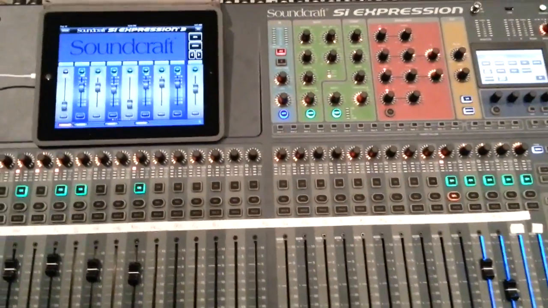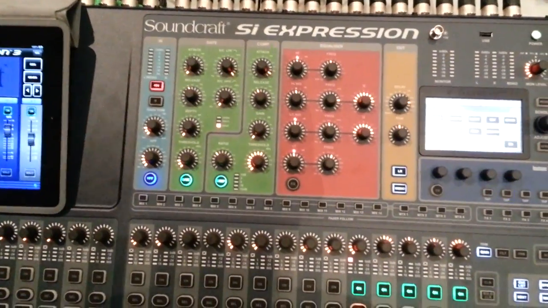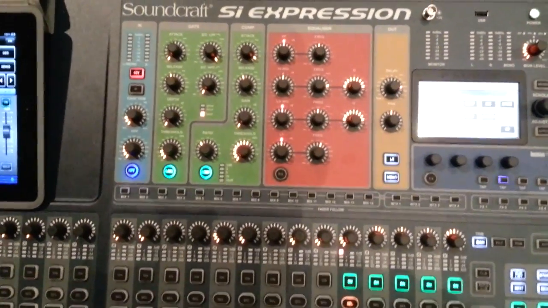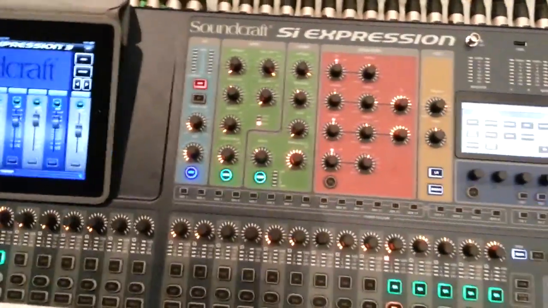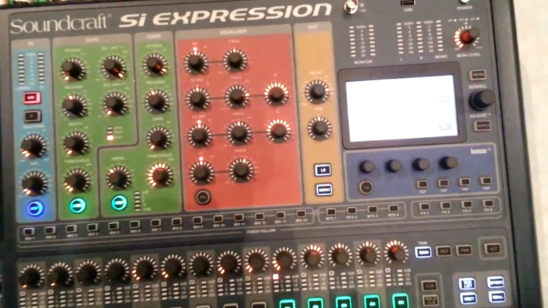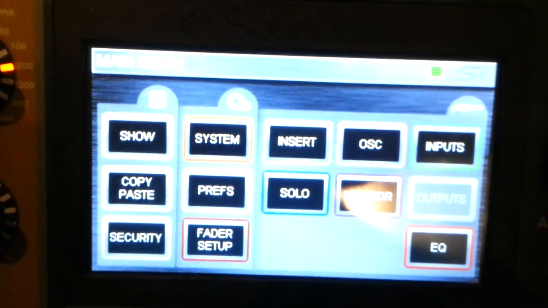Hey guys, we're back. We're going to do a video about how to do routing in the new Soundcraft Expression console. What we need to know before we start is there are actually two stages for your routing in this console. As we look down to the right over here,